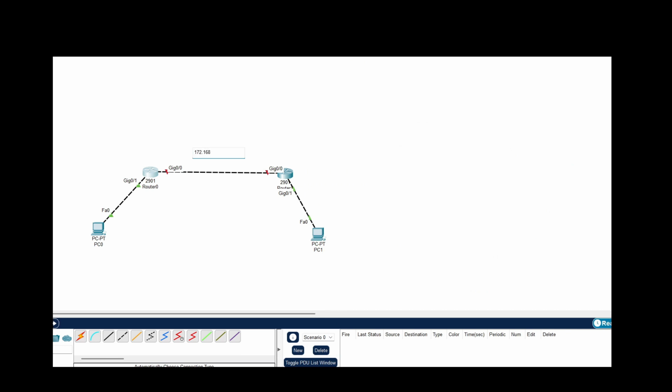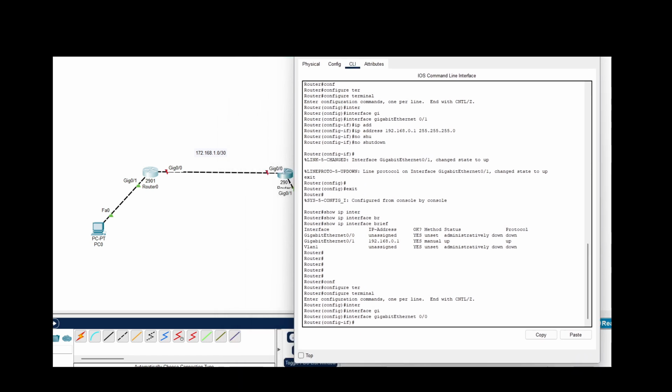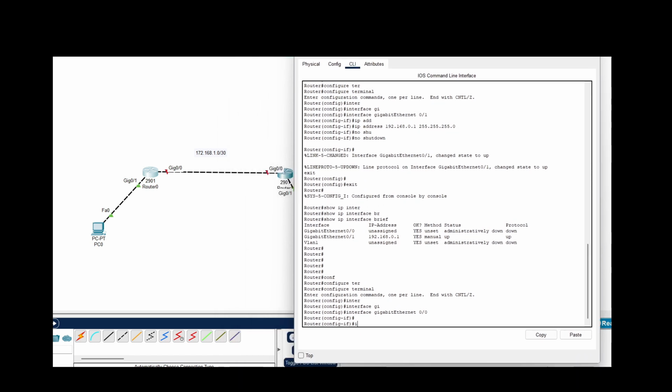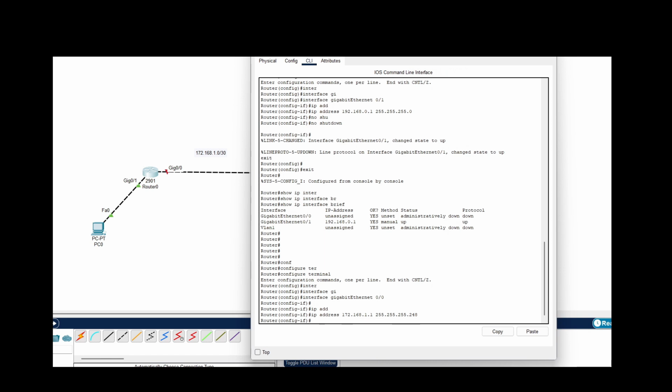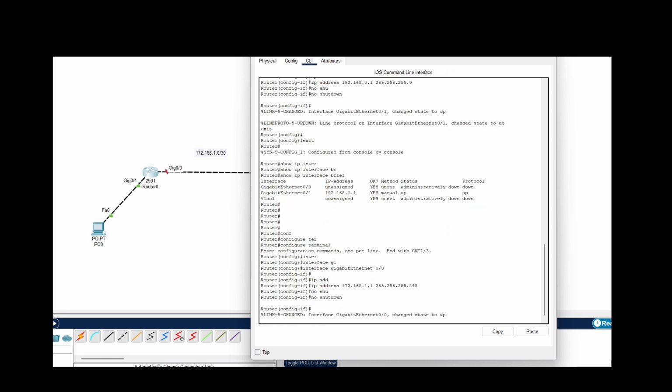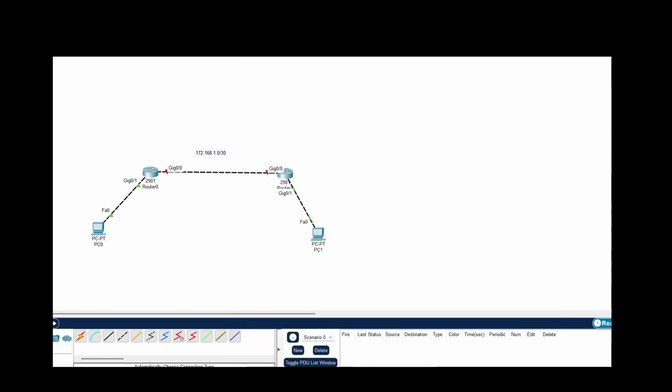So let's just say 172.168.0, and then you use /30, so that it will be a point-to-point network. So interface IP address 172.168.1.1, 255.255.255.248. Okay, and also no shutdown, and also go to this one,